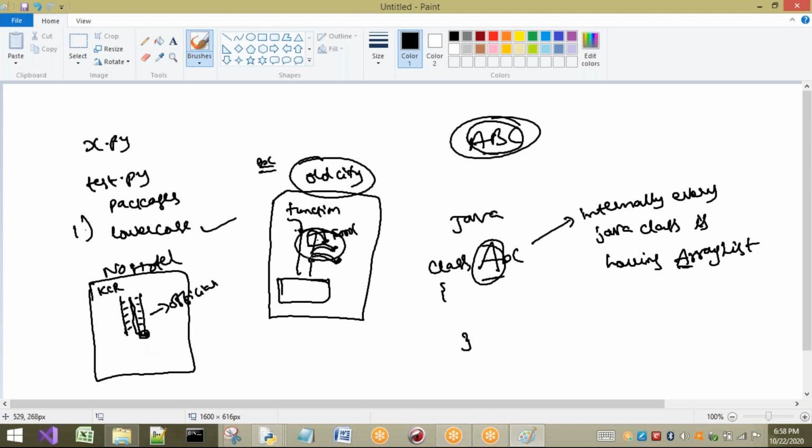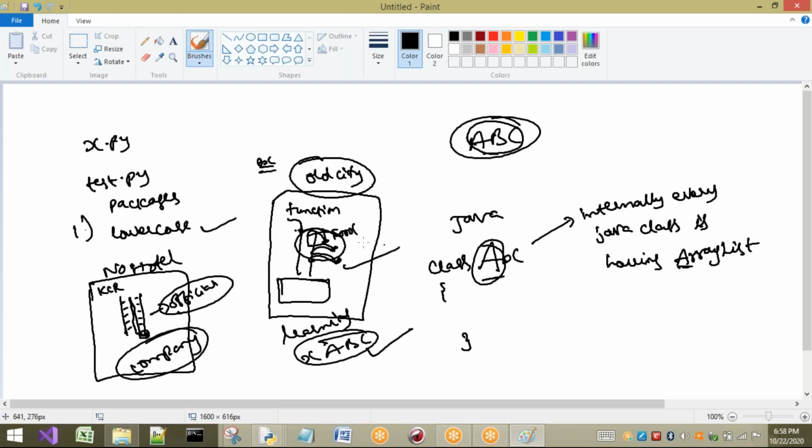In the same way, if you are learning Python, then you can keep any name, no problem. Capital letters or small letters, you can use anything. But once you go to a company, then please follow some standards. Like this, if you go to a KCR function, how are you going to act? Officially you are going to act, because all people are official here. But while you are learning, all people may not be official. You can keep any name. You can roam here and there in this function, no problem. But here we have to follow some standards.